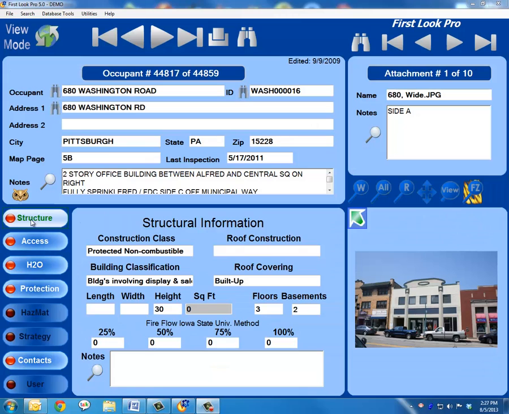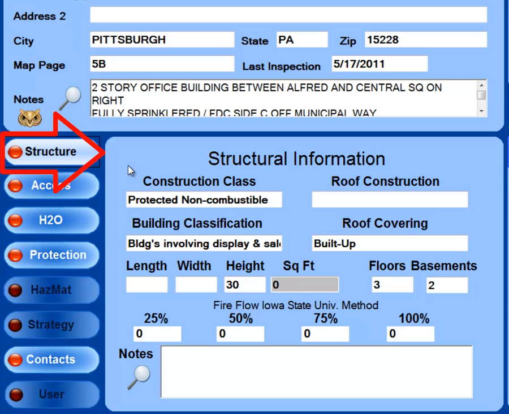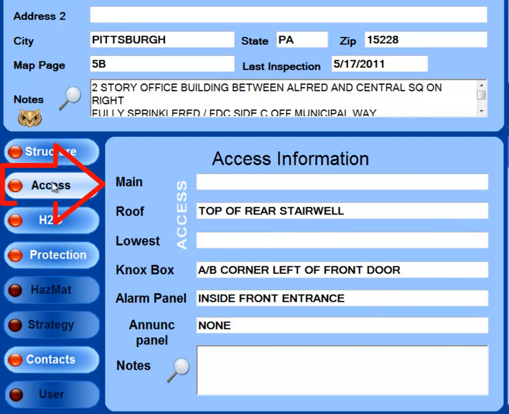Now let's take a look at the different indicator button fields. Structure. List the building construction class, roof construction, size of the building, and required fire flow. Choose your preferred fire flow calculation, either Iowa State or NFA. Access info. See the best way to gain access to the site and the building, including lockbox, alarm, and annunciator